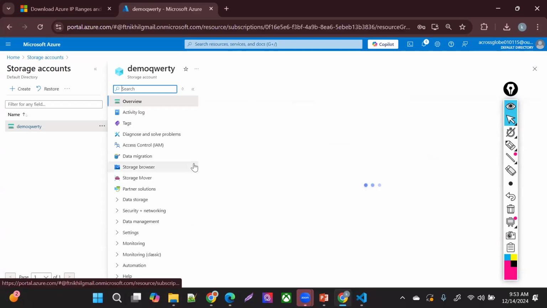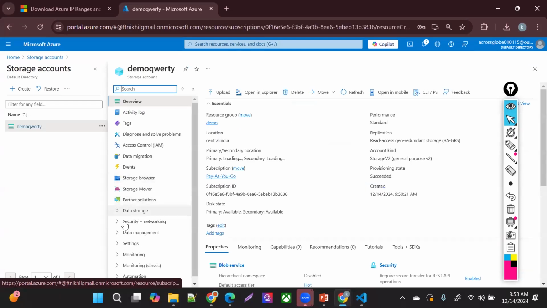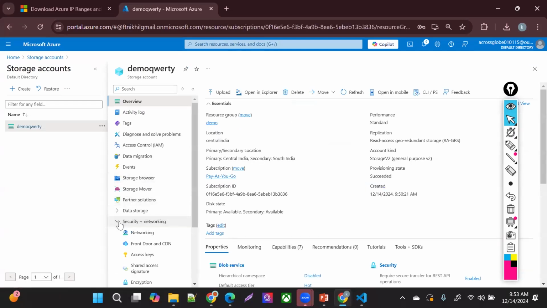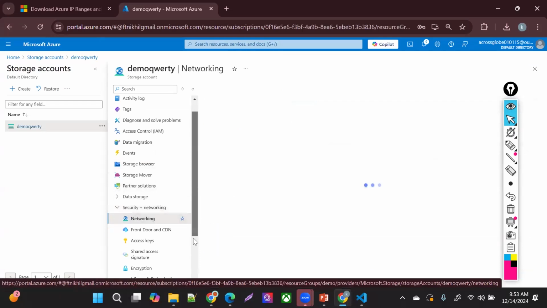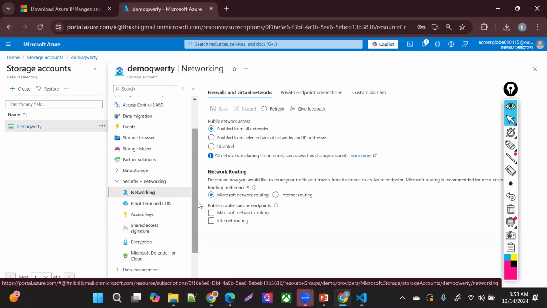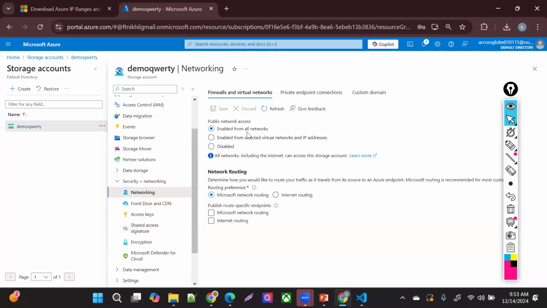Click here. Now inside this, the networking section which you're seeing there, come down inside the networking. Currently all public access is enabled, right? All public access is enabled for now.